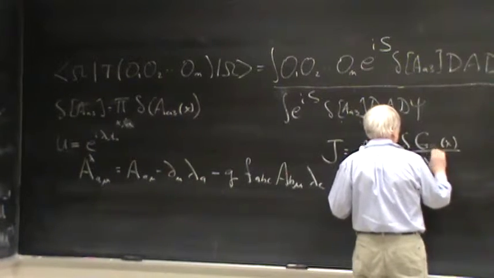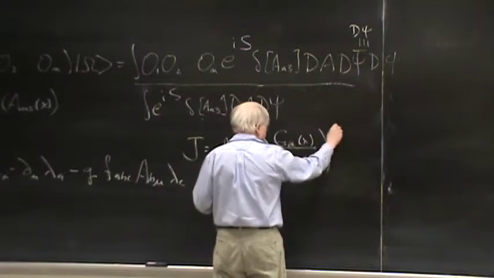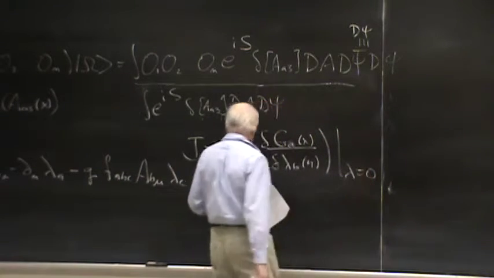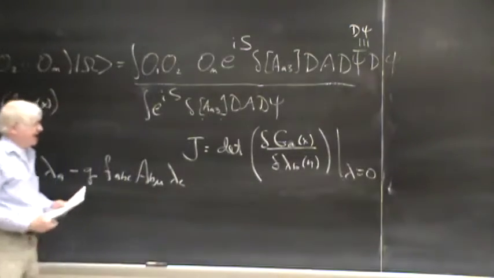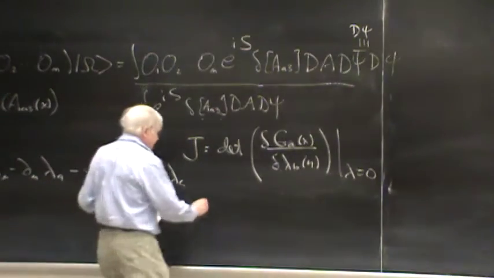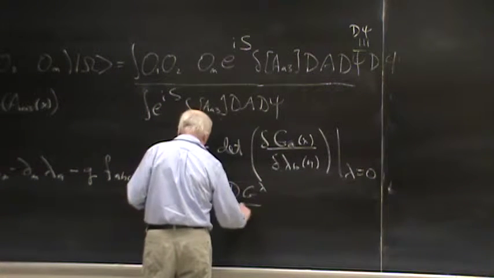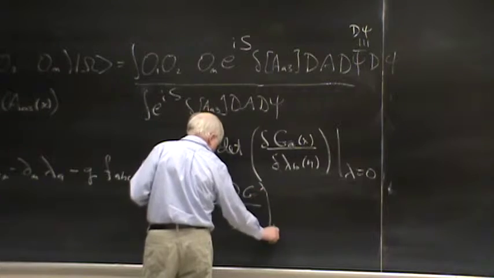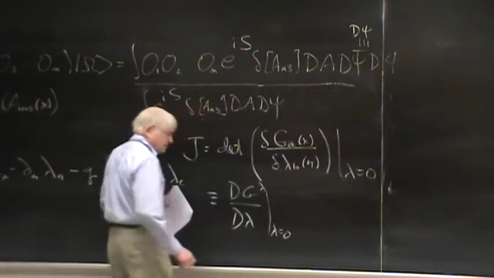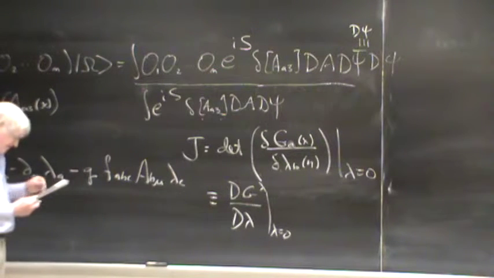That determinant at lambda equal to 0, I'm going to call that J. And I'm going to write that as DG lambda over d lambda, at lambda equals 0. Capital D just means that it's a functional